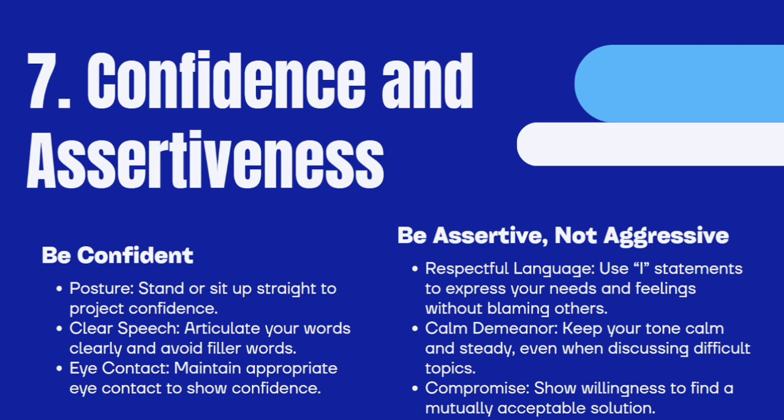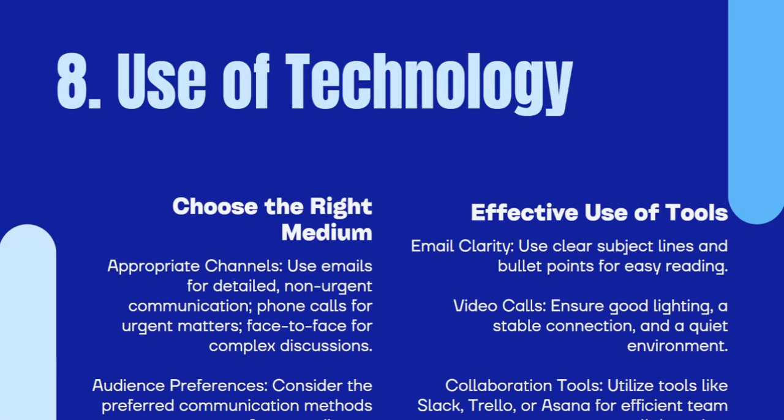Eye contact. Be assertive, not aggressive. Respectful language. Use I statements to express your needs and feelings without blaming others, as well as calm demeanor. Keep your tone calm and steady even when discussing difficult topics. So you have to be calm, you have to be assertive, not aggressive, and compromise. Show willingness to find a mutually acceptable solution. So you have to also compromise. It means show your willingness to find a mutually acceptable solution that will be useful for you, as well as